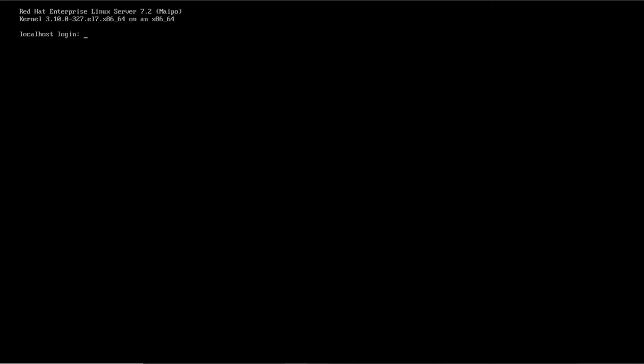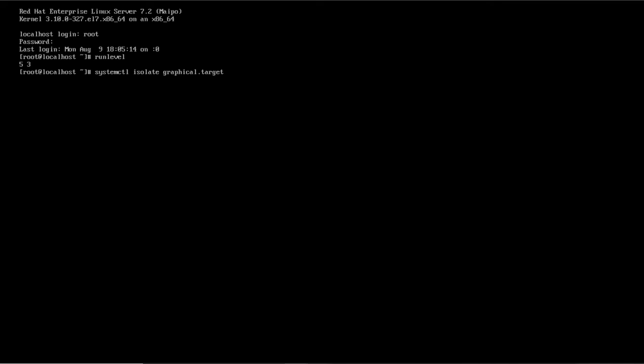And now we are under the multi-user.target, and we can check the run level, it will show the same thing. And then if I want to go back, I will say isolate graphical.target, so it will take me to the graphical.target.